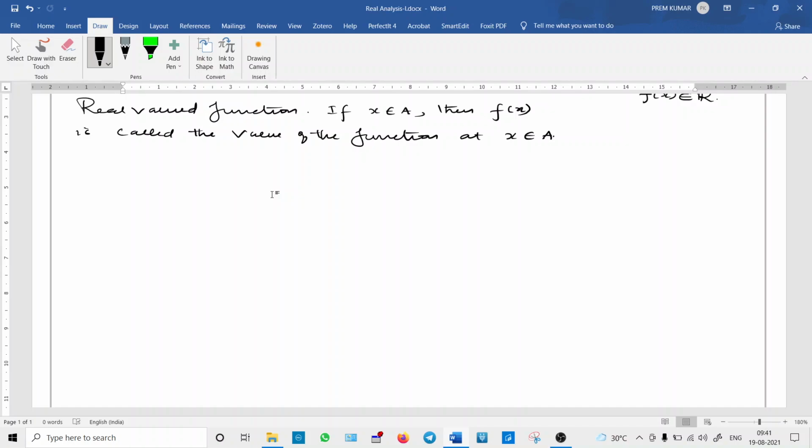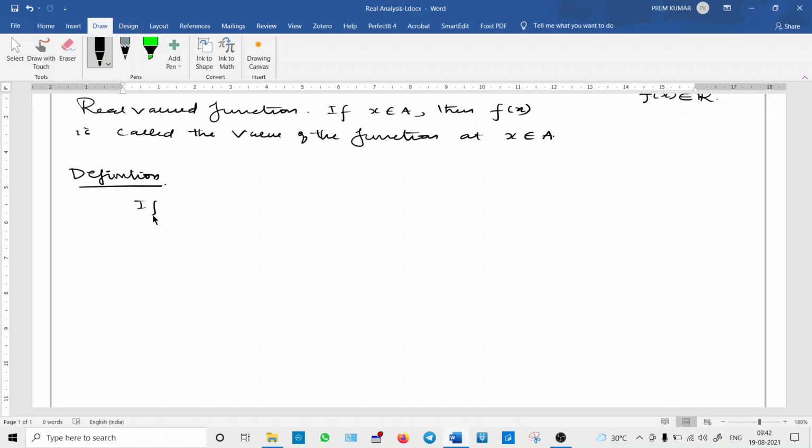We studied the operations on sets. Now we are going to study the operations on functions. How to add two functions, what is the difference of two functions, what is the product of two functions, and what is the quotient of two functions. And we are going to define them. We know the sum, product and difference of two numbers, which we already studied. Now we are going to do the same for two different functions. For that we are going to write a definition first, how to add two functions and how to subtract two functions.